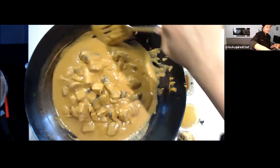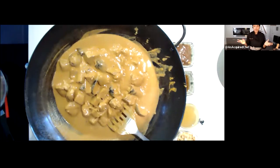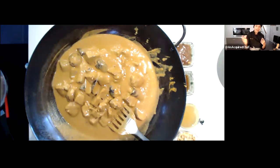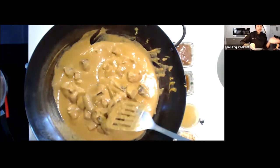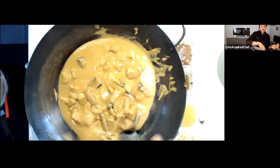But again, it really depends on what you're having the dish with. Now, if you're having the dish with, say, just flatbread, which doesn't necessarily have any sweetness or creaminess like that, I dial back the fish sauce and the tamarind because that might be too much for you to have with the dish. So it really depends on what you're eating with and also who's eating it. If someone doesn't like a lot of tanginess and fish sauciness, don't put too much of it in. Just put half first, give it a taste. If you think that you should add more, you can go ahead and add it at the very end